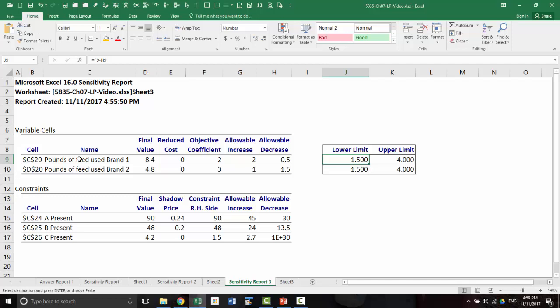If the objective coefficient, the cost per pound, changes within this range, then the current optimum solution will continue to be optimum, because you're paying either more or less. And the shadow price,